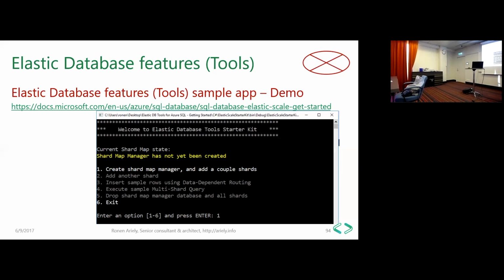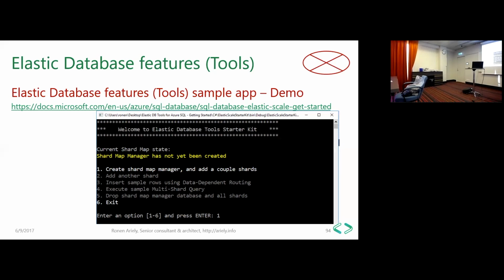all the sharded databases will be created for you, 3 sharded databases with a rule that data with the value 1 to 100 will go to database 1, value 100 to 200 will go to database 2, and so on.